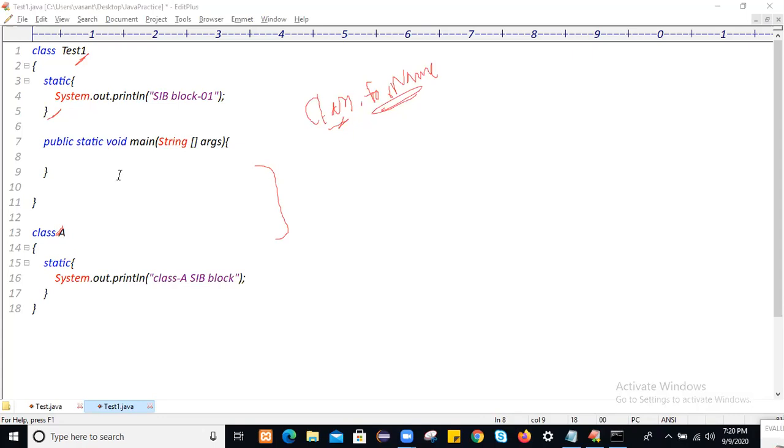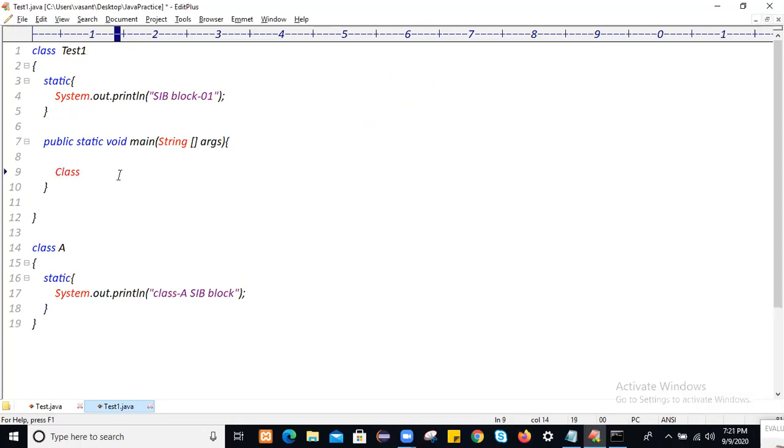For example, if you want to call class A static block, just use Class.forName, and just pass that class.